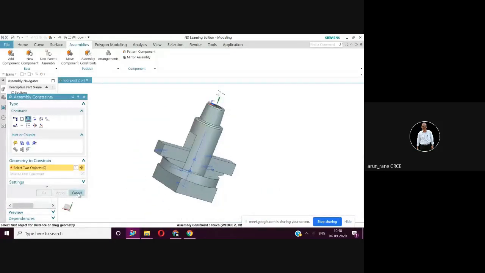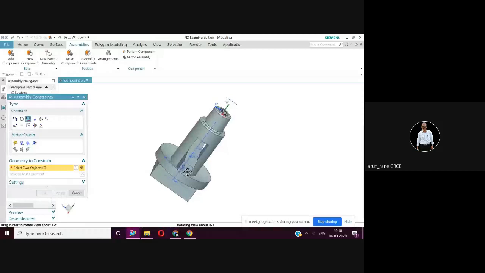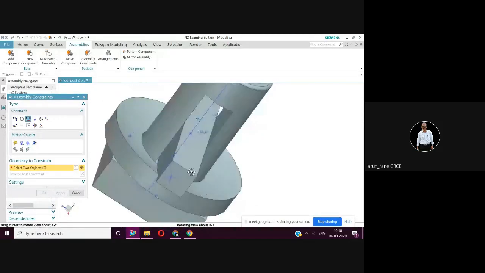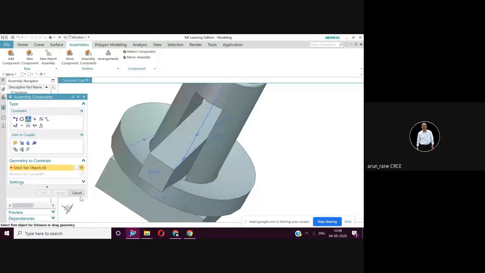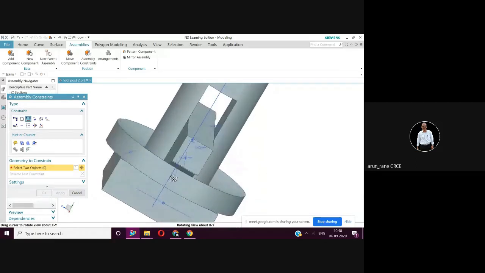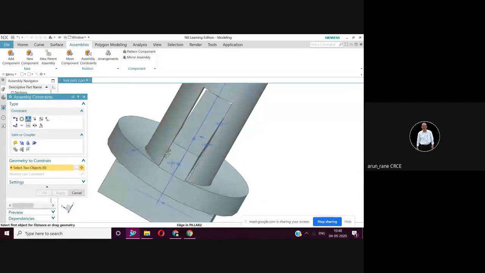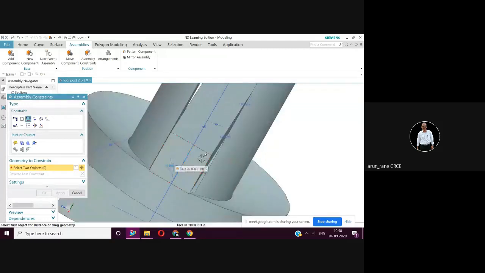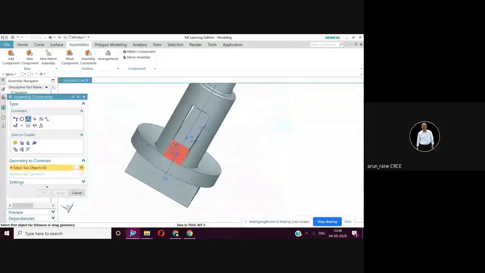All right, so now it's perfectly done. It is centralized also. It is resting also on this wedge. At the same time, there is a gap of 1 mm also here. Both the sides, there is a gap. Yeah, there is a gap here as well as there is a gap here also, 1 mm. See, I am zooming in. There is a gap here as well as here also.